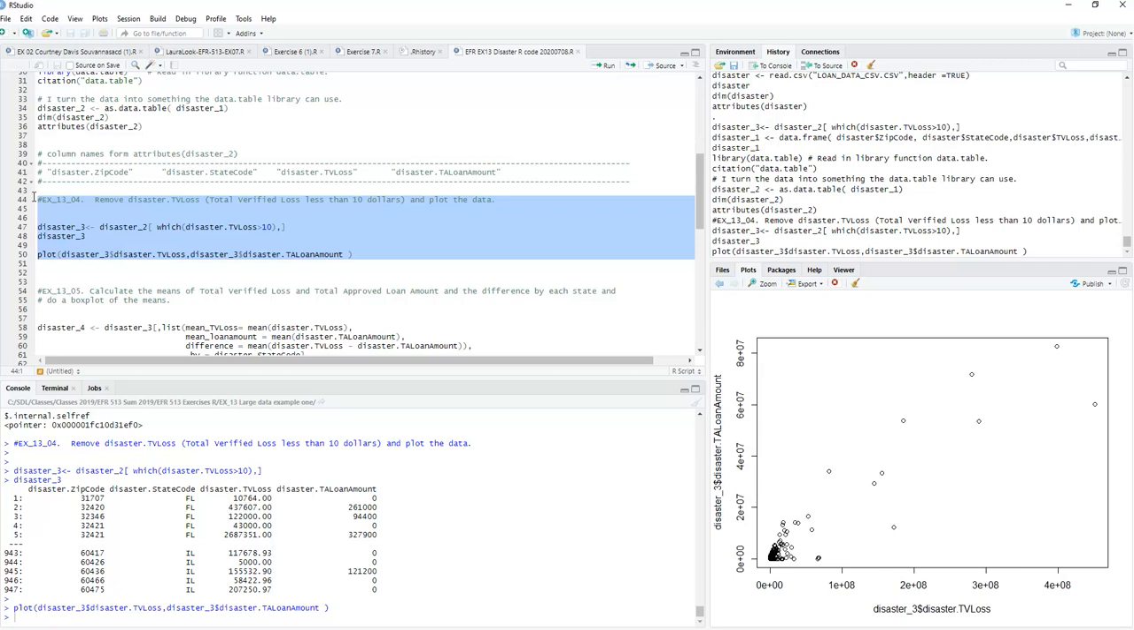Okay, here's the graph. Now there's quite a bit of outlier data in this analysis. But that fulfills that. So I got rid of those that were less than $10, and then I got the plot. So that's number 4. So number 5,